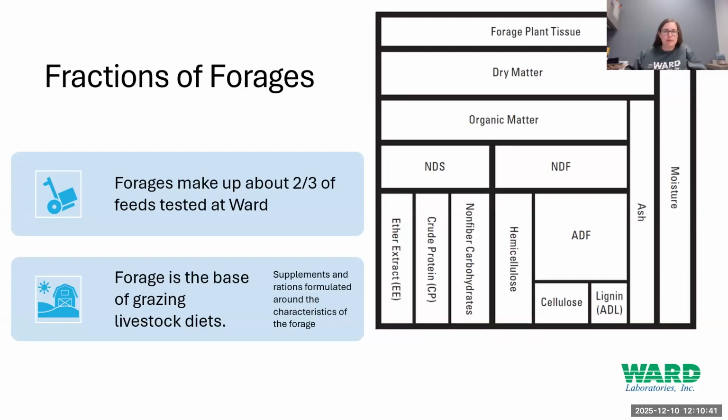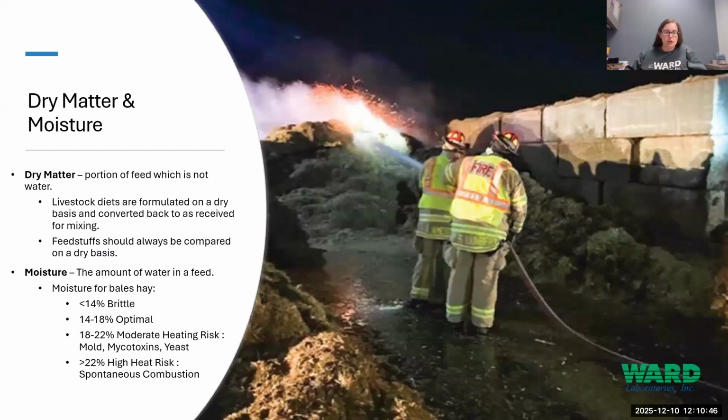Okay, so the first fraction we want to look at is dry matter and moisture. Typically, when we're talking about hay, people are very concerned about dry matter and moisture, thinking if it's too moist, then we have the potential for spontaneous combustion and, of course, fire. So that's our number one consideration. In order to avoid that, we need the moisture to be less than 20% approximately. But what we've also found is that we need to reduce mold risk and mycotoxin risk, especially, I don't know how things have been in Western states, in Nebraska, that has been a huge issue this year. Heat damage as well, even if it didn't spontaneously combust, when we have too high of moisture. That kind of thing occurs between 18 and 22% moisture, but between 18 and 14% is going to be optimal. If it's less than 14%,